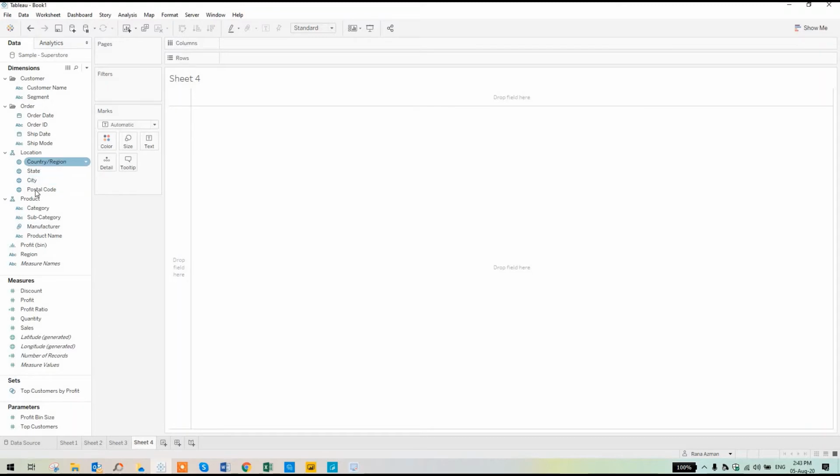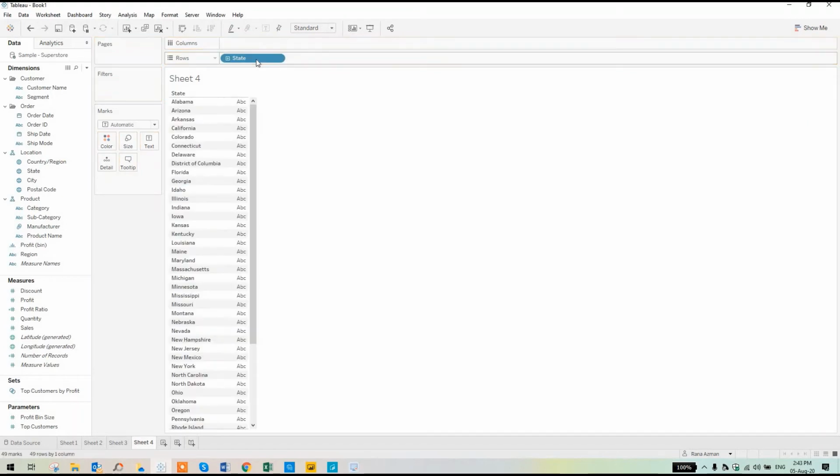As you can see, we have different types of geographical location: the country, the region, the state, the city, the postal code, and then we have the product's name, the manager's name, and different other dimensions. But our point of focus is the state. So to create a USA map, we'll just drag and drop the state over here.